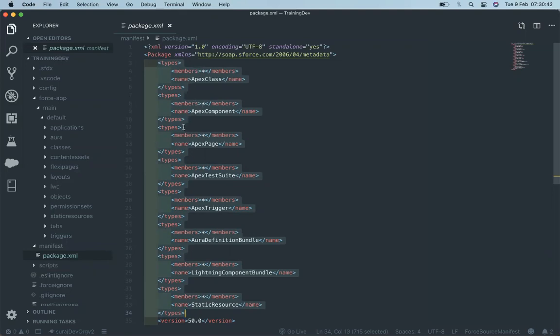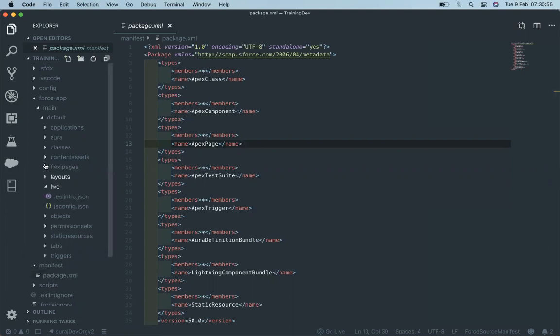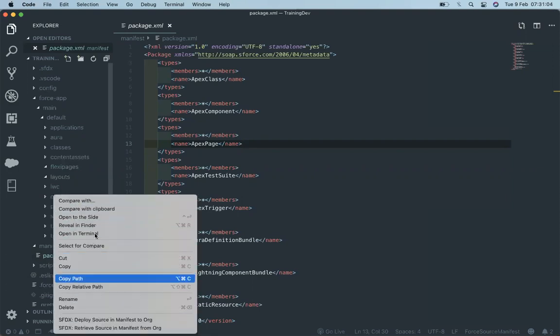So in order to retrieve, we first need to retrieve all the metadata from the org, because you can see there are no files available in any of these. So I come up to package.xml and right-click on it. At the bottom of the options, you will see two things.